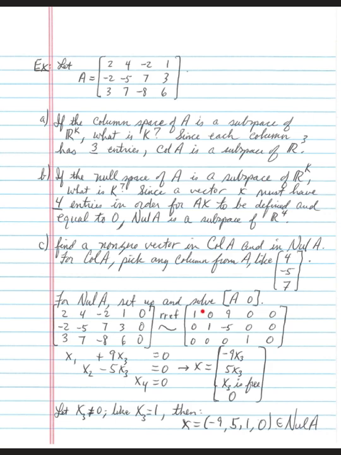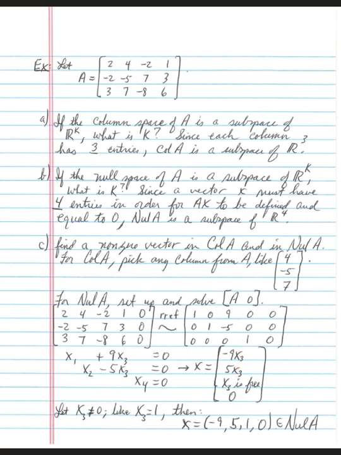Now, translating this, you have x sub 1 plus 9x sub 3 equals 0. x2 minus 5x3 is equal to 0. And finally, x sub 4 is equal to 0. So all those have been translated back to a system of equations. X is the value, column vector